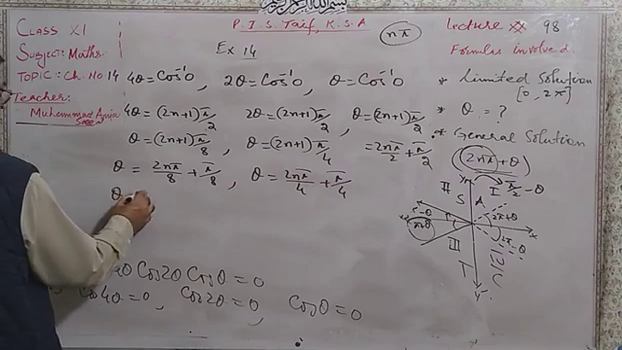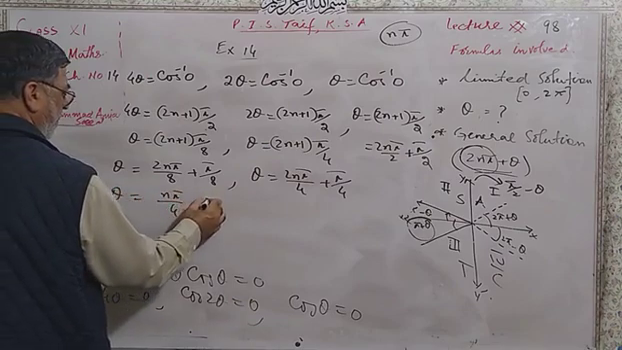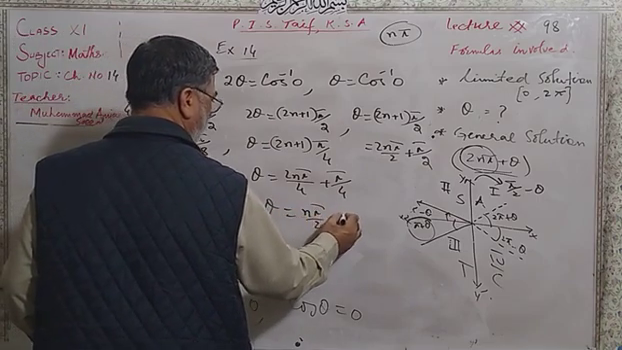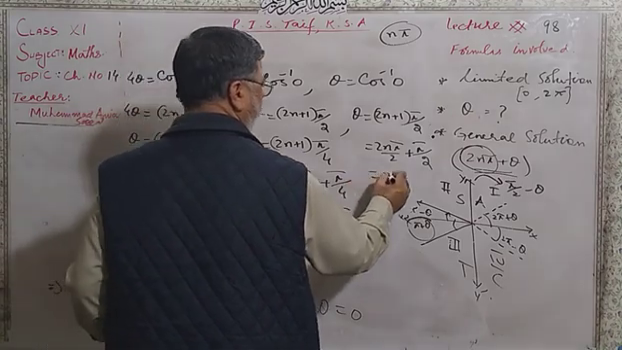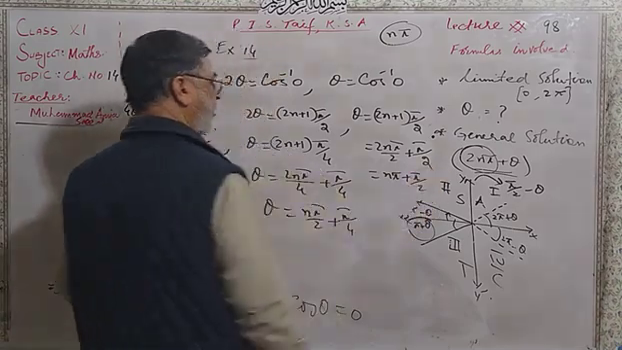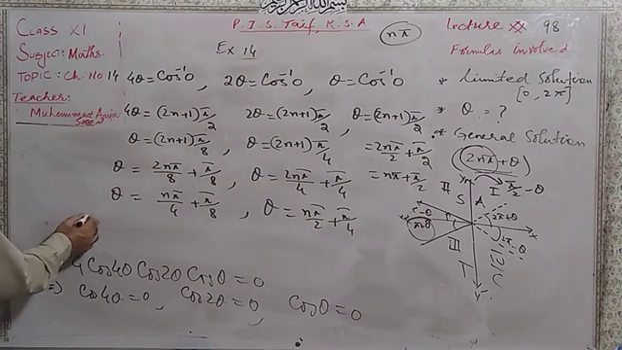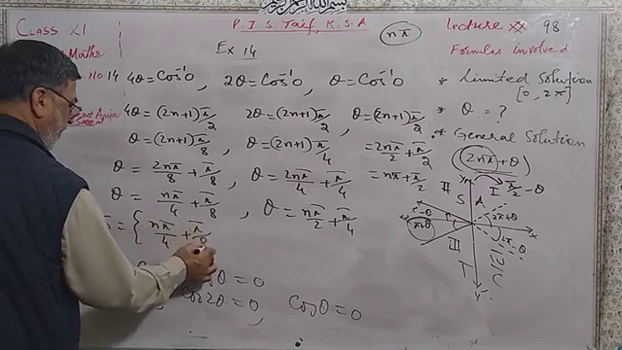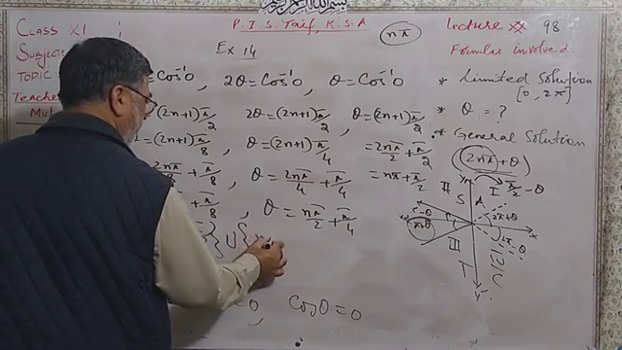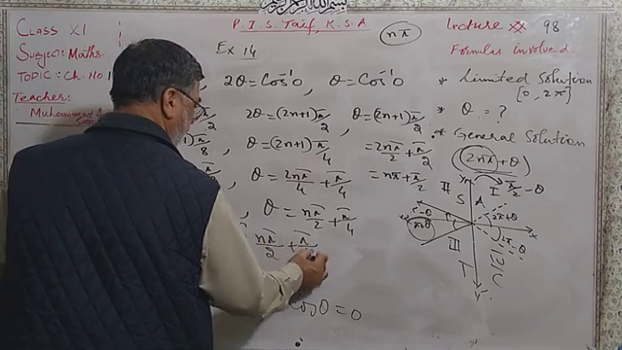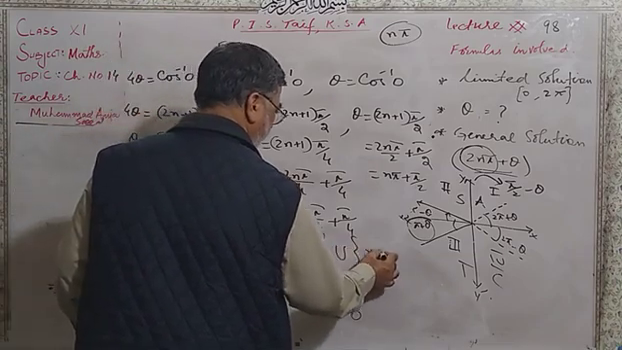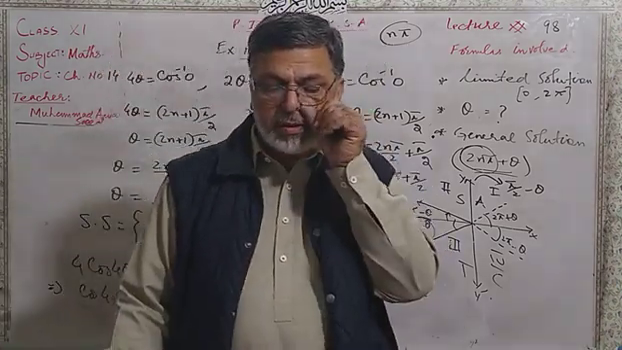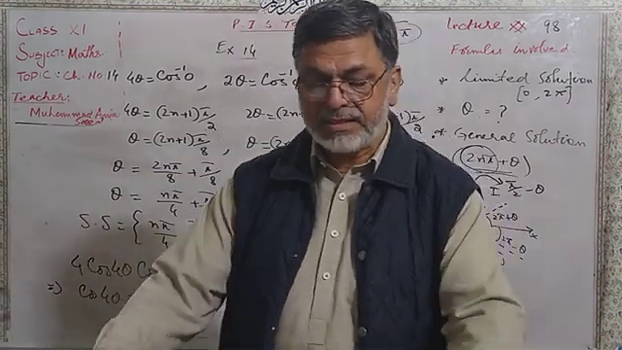Theta is equal to n pi by 4 plus pi by 8. Theta is equal to n pi by 2 plus pi by 4, and here n pi plus pi by 2. So dear students, you have solution set as n pi by 4 plus pi by 8 union n pi by 2 plus pi by 4 union n pi plus pi by 2. Dear students, that was your last question of your last chapter,